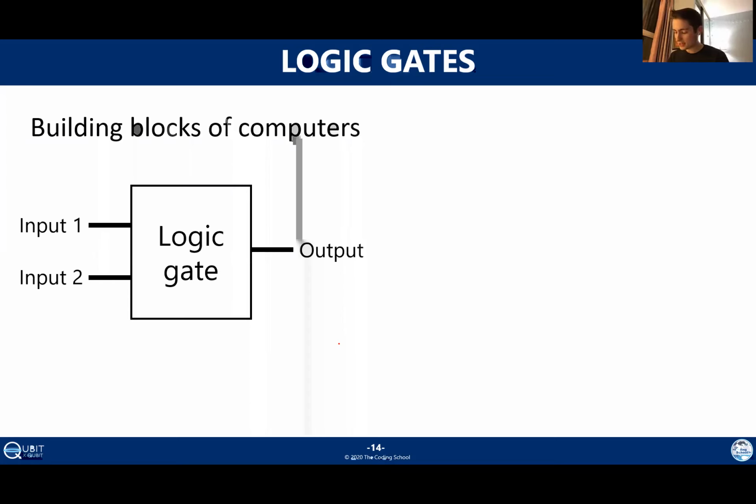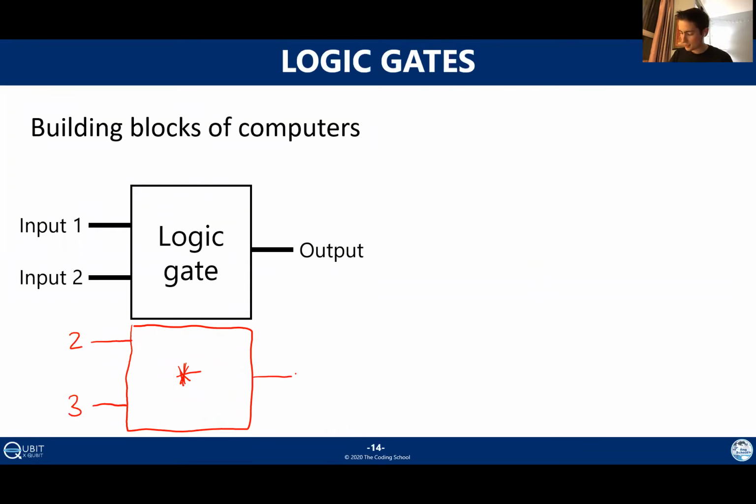So the way to think about logic gates is they are essentially just a box that takes 2 inputs and spits out some other output. Now, again, I'm just going to do sort of an analogy in the decimal world. You might have a box that you call multiplication. And this box takes 2 inputs. Say I call them 2 and 3. And then in this case, we can all tell that 2 times 3 should output 6. That's pretty much how these logic gates work.